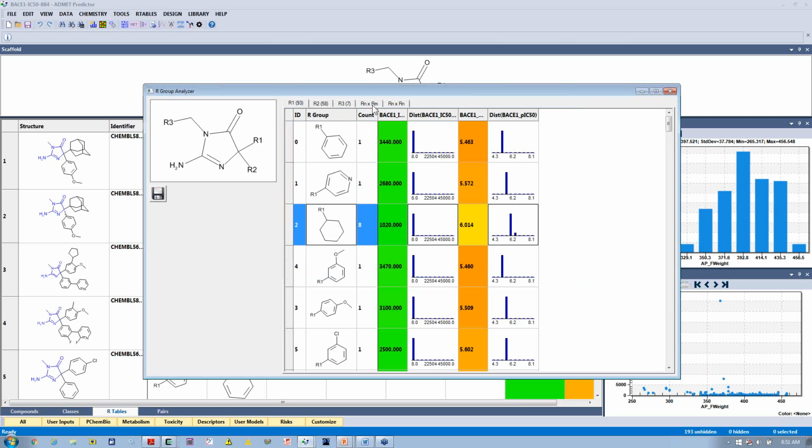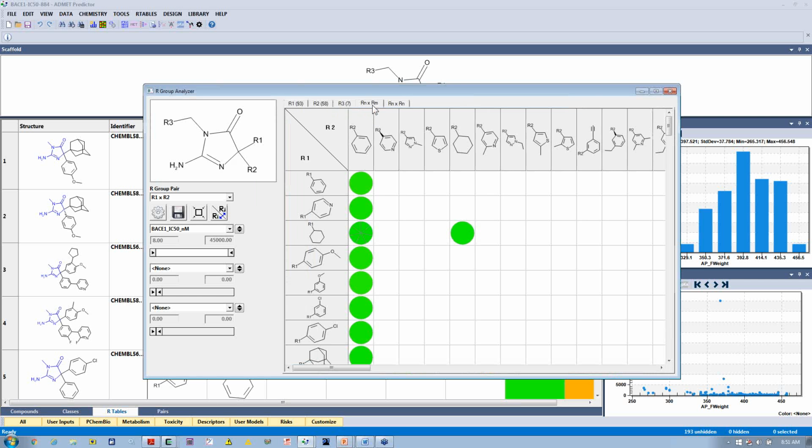Similarly for the R2, R3, we can bring up the matrix showing the R1s as rows and the R2s as columns. We can change those to R1, R3, or R2, R3 so that we can show all the pairs. And then I'm also going to change, instead of nanomolar IC50s, to the pIC50 values. And when you have something like this where it's kind of a pie chart, what's happening are